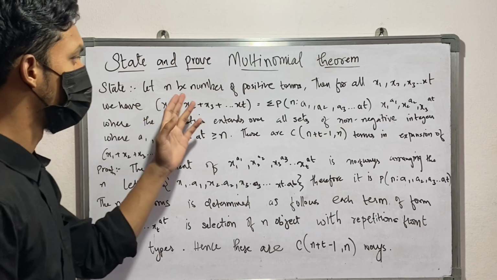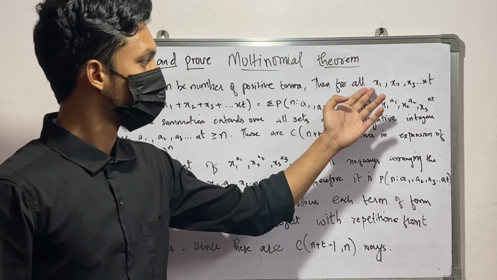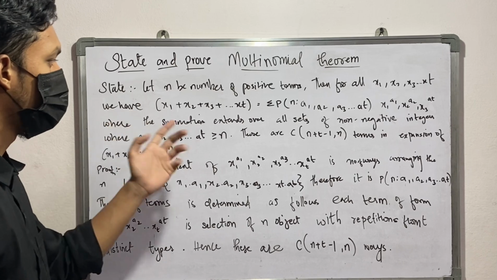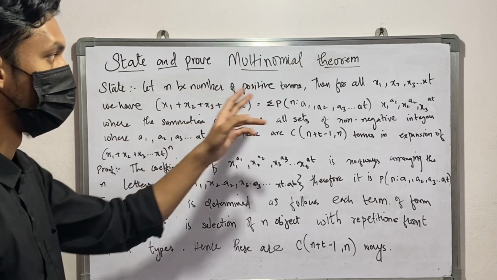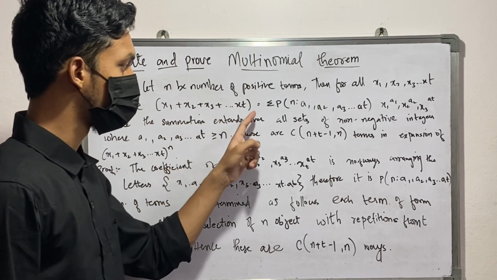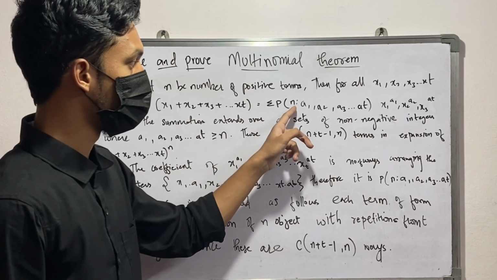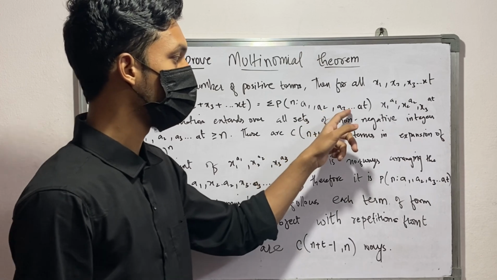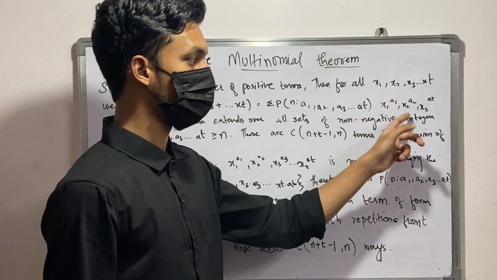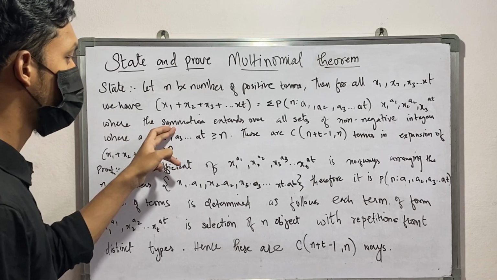The multinomial theorem has n positive terms. The positive terms are taken as x1, x2, x3, up to xt. This is the formula for the multinomial theorem: (x1 + x2 + x3 + ... + xt)^n is equal to the summation of n!/(a1! a2! a3! ... at!) times x1 to the power a1, x2 to the power a2, x3 to the power a3, and so on, where the summation extends